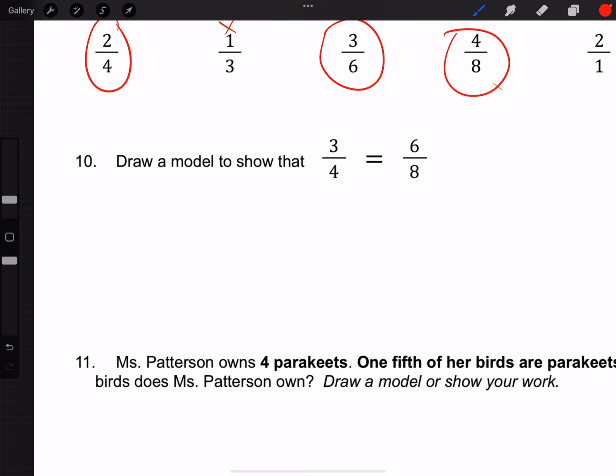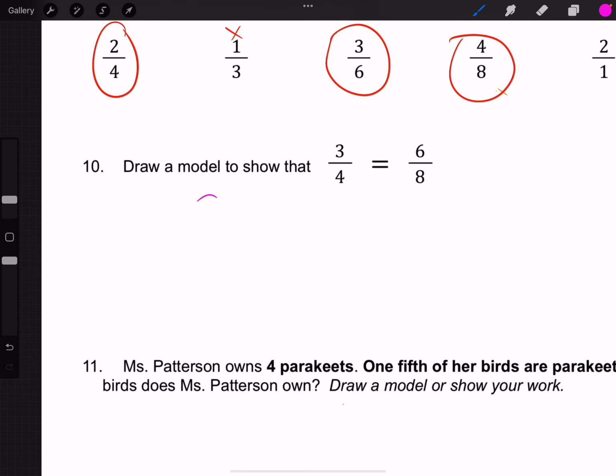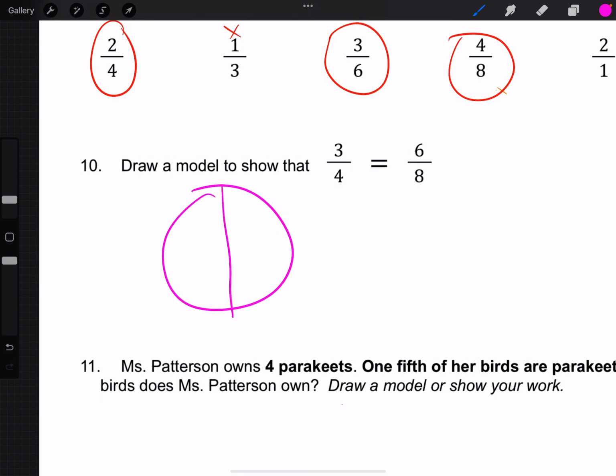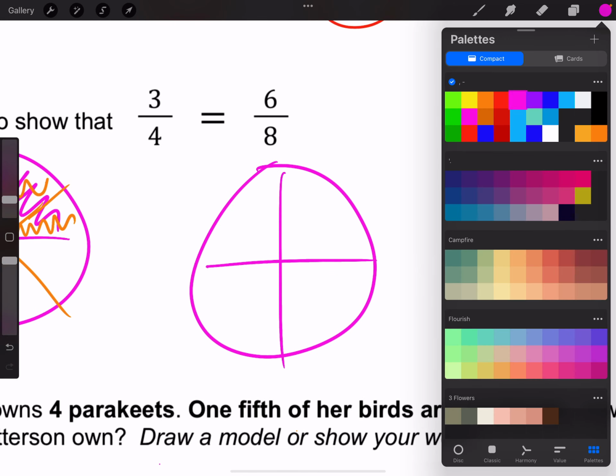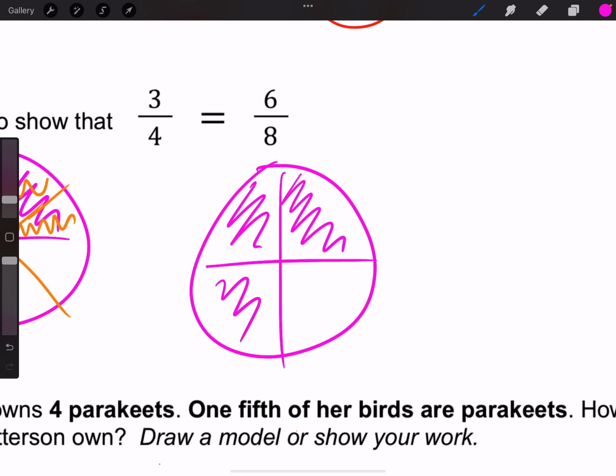Draw a model to show that 3/4 is equal to 6/8. I could do that with circles. I bet a lot of students are going to have maybe circles like this, and they might show it on 1 or they might show it with 2. So if they show it on 1, they're going to have something that looks like that, and then maybe they write over it. And they go, okay, well, I'm going to make 6/8, and I have 1, 2, 3, 4, 5, 6, and it's the same amount. Okay, if they show 2 of them, they're going to take the first one, and they're going to color in 6/8, and they're going to have the second circle,